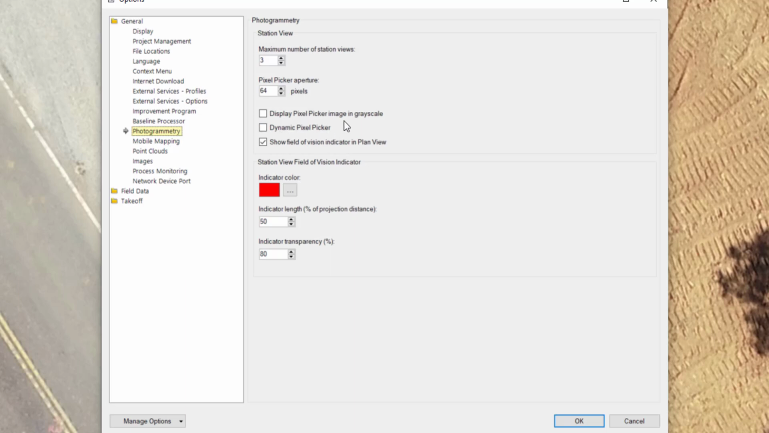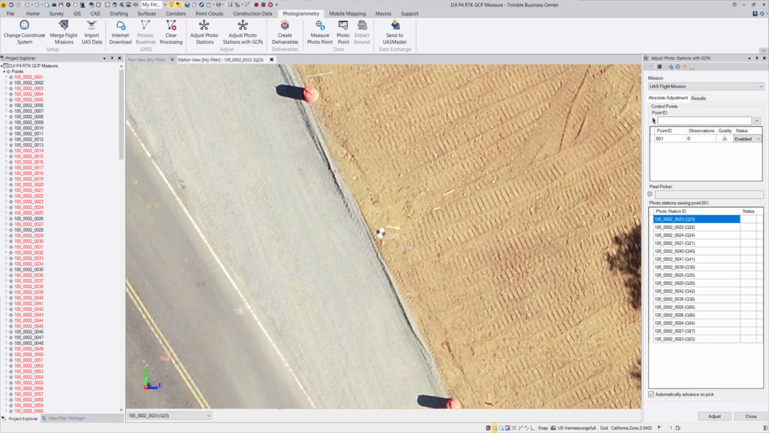This will then also be shown, and we also want to show the field of vision indicator in the plan view. So these are our line of sight parts. Okay, so at the moment we don't have the dynamic pixel picker. Let's just keep this in mind, and then we say okay. It means if I now click in my plan view or in my station view of this one photo here, then I will get here